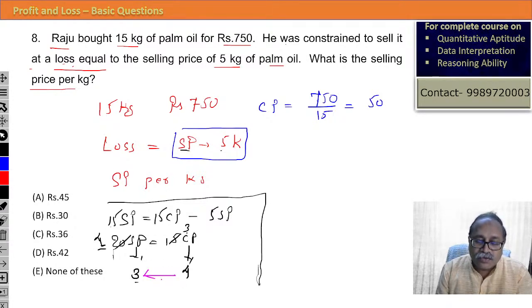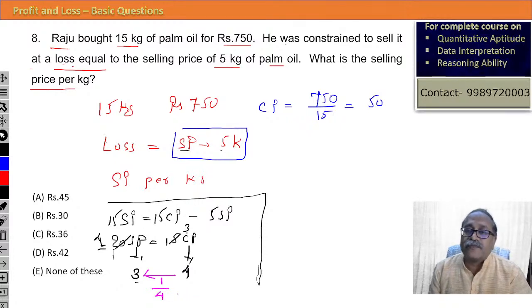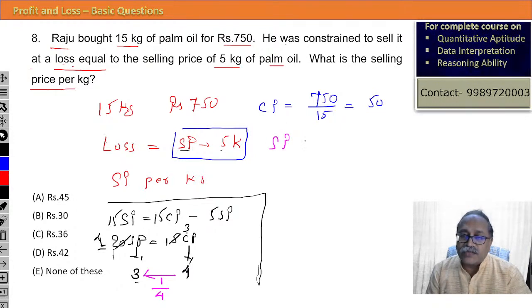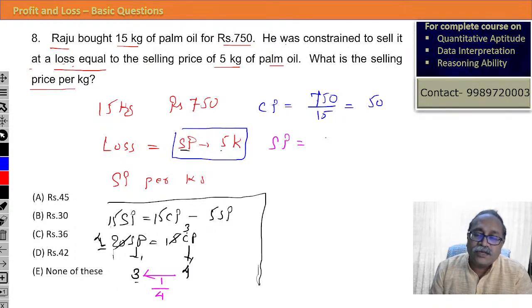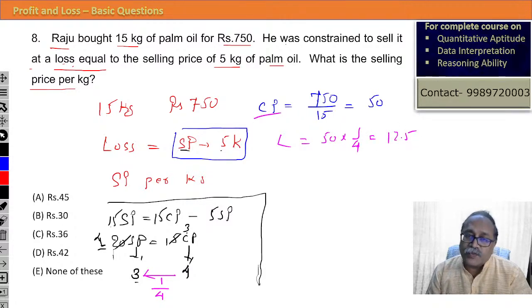How much loss? 1 loss over 4, 25% loss हो रहा है। तो अब हमें सेलिंग प्राइस चाहिए इसका। सो व्हाट इज द सेलिंग प्राइस? सो इसमें से लॉस निकाल लीजिए। सो द सेलिंग लॉस पहले निकाल लेते हैं, चलिए। देन 50 into 1/4, that is the loss, which is nothing but 12.5. So this cost price minus loss is equal to selling price. चलिए 50 minus 12.5, which is equal to,